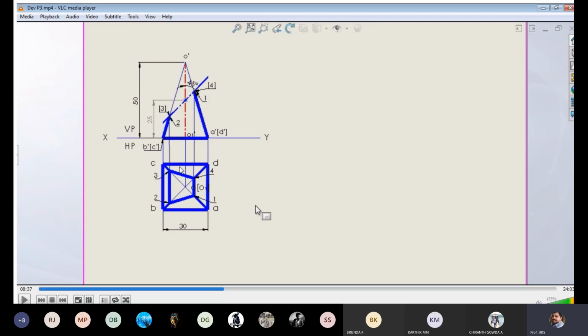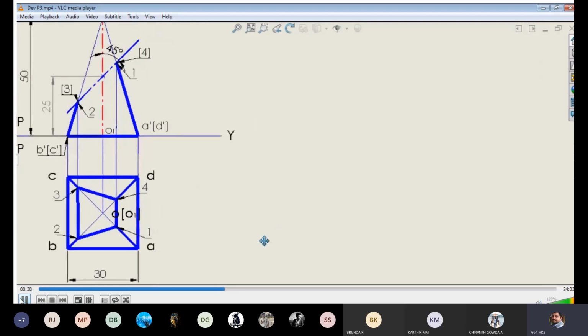So this line is a slant edge, this line is a slant edge, this is a slant edge, and this is the slant edge of the truncated pyramid. That means the pyramid below this cutting plane. So this is the remaining slant edges in the top view. This is the newly formed surface because of cutting. This edge is represented here, and these two, there will be 2 edges. So those 2 edges are this.